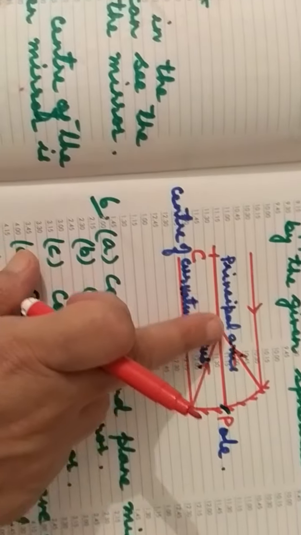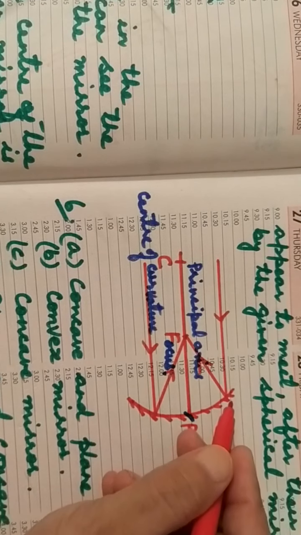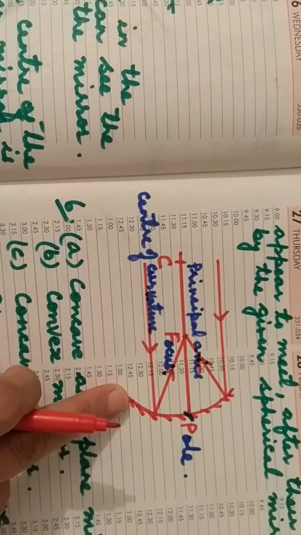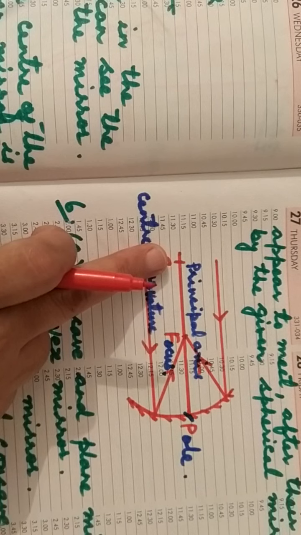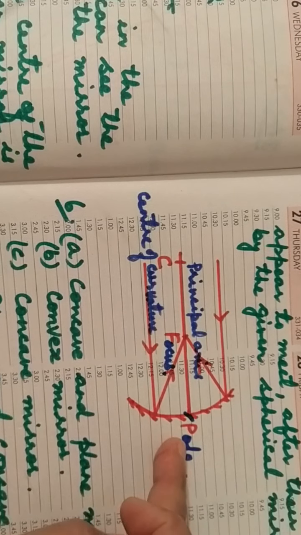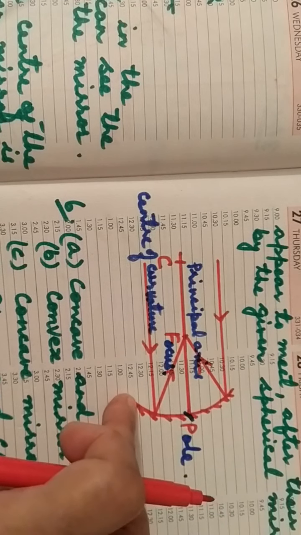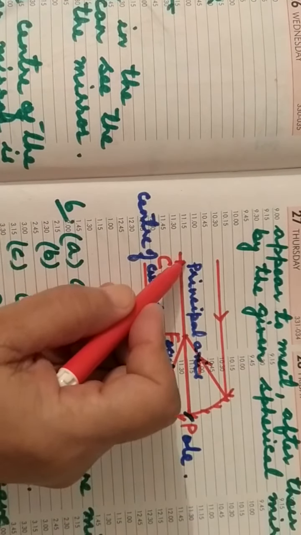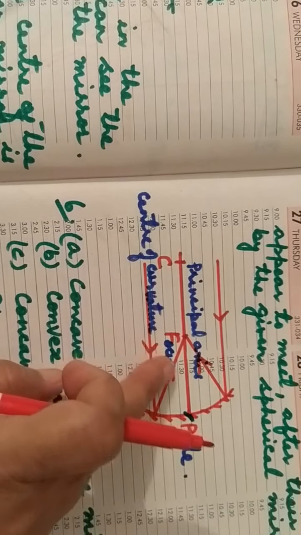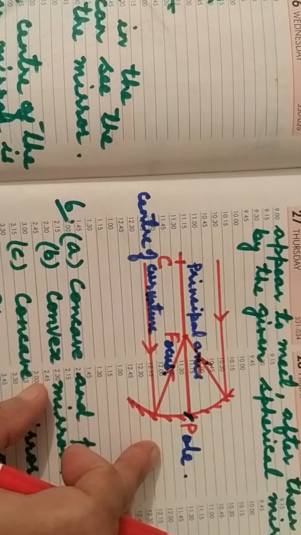So you see here, this is the concave mirror. You have to draw or show all these parts in case of a concave mirror. Now this is the center of curvature of which the spherical mirror is a part. Then this one is the pole, the midpoint of this concave mirror, and the line joining the center of curvature to the pole is the principal axis, and here this is the focus, the point on the principal axis where all the rays parallel to the principal axis